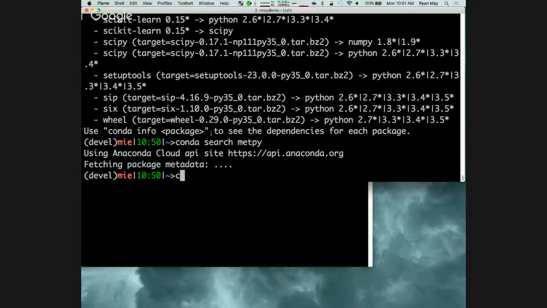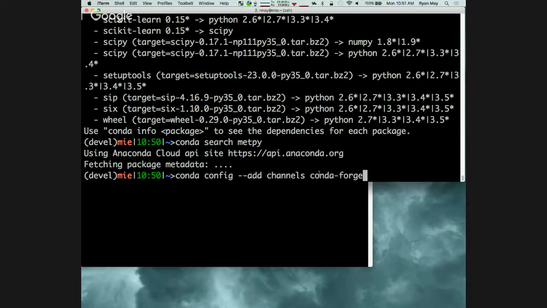And so a conda config --add. We're going to add a configuration here. So it's conda config --add. We're going to add to the channels variable. We're going to say, I want conda-forge. So conda-forge is a community channel.